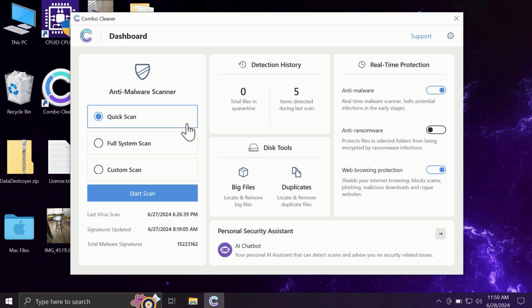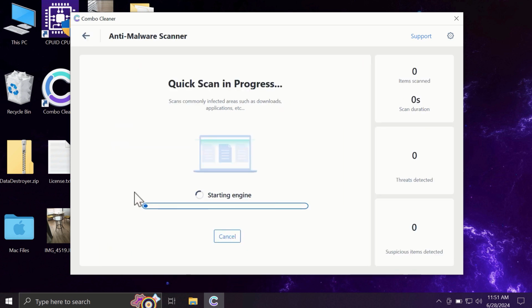So after you have successfully downloaded and installed Combo Cleaner, the software will be initially in the trial mode. And only quick scan option is available in the trial mode. The full mode includes full system scan and custom scan, but as I said, in the trial version only quick scan option is available. So you need to click on the start scan button, and most likely the application will